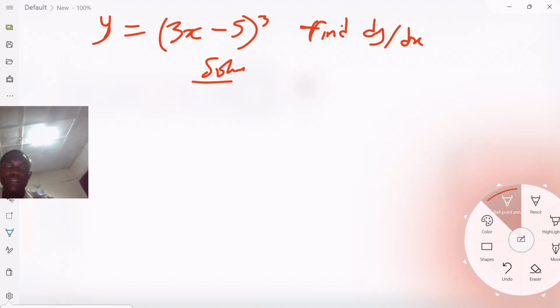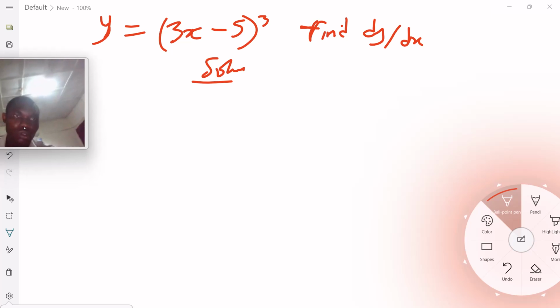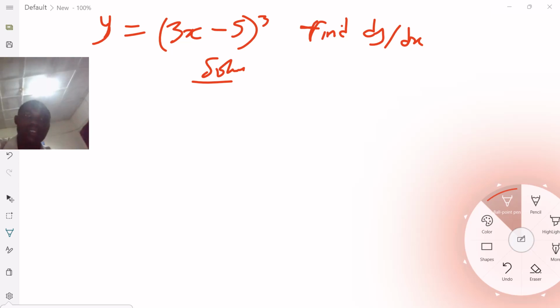We have to find the derivative of this function. Y is equal to (3x minus 5) to the power 3. So I will not go through the long route. I just take the simplest route. I'll simply say that y,